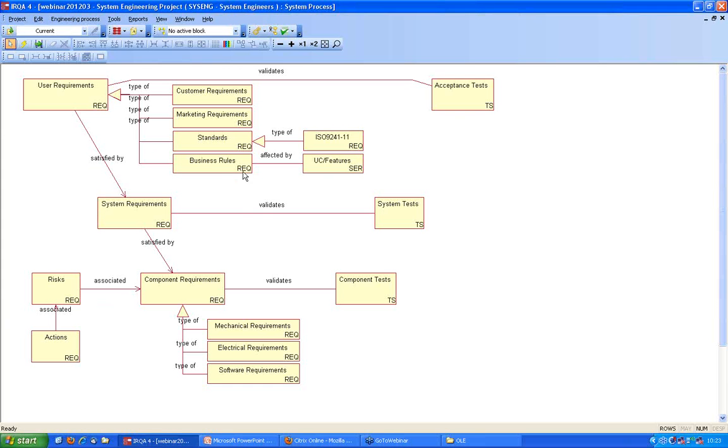And once this is done, then you can force people to follow this process. So for example, you can make sure that people will not create a customer requirement and link it directly to a software requirement, because in your process this is not how you have defined it. So once you have defined this process window, you can start using it to